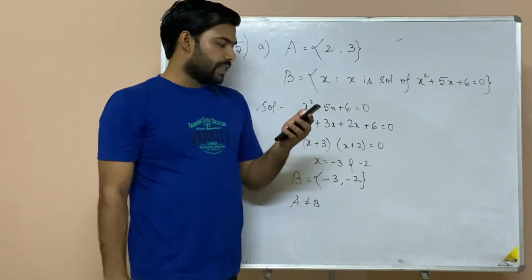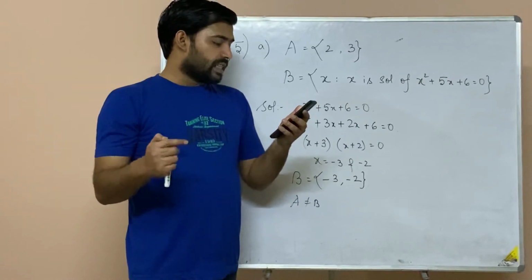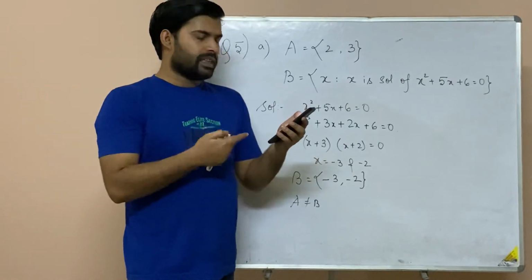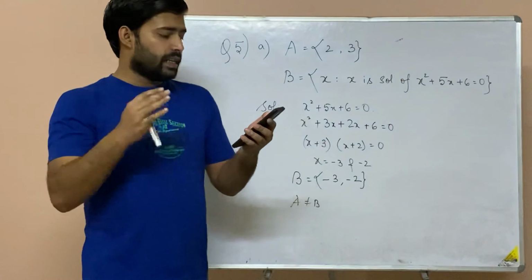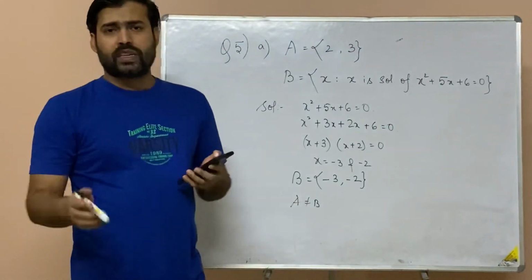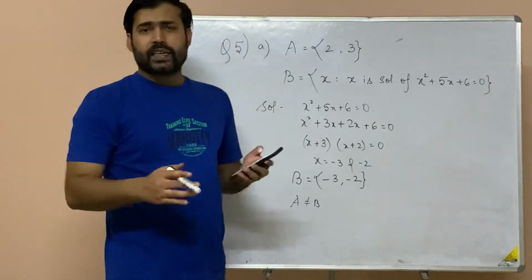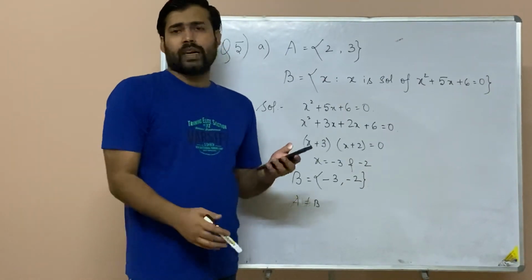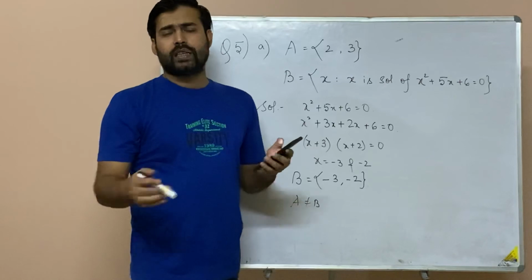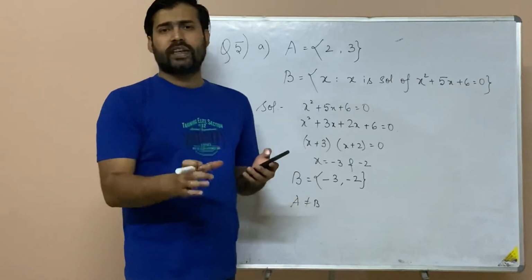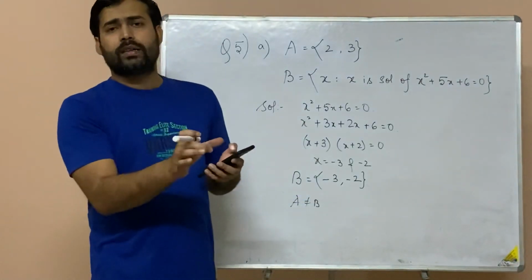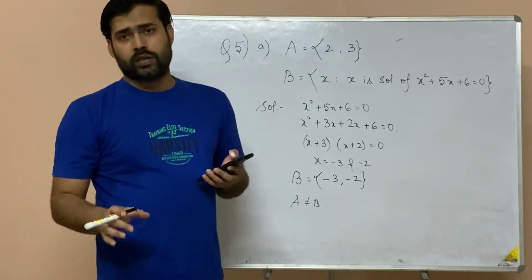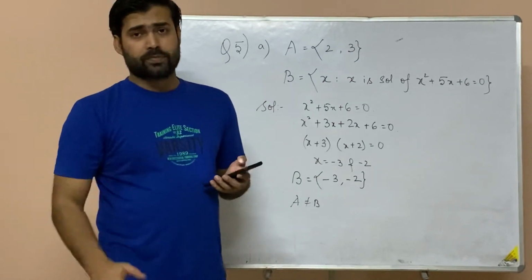Moving on to question number 6, from the sets given below, find out which are equal sets. Here A, B, C, D, E, F, G, H. There are 8 sets given. You will compare each and every set with each and every other set. A might be equal to B, or A might be equal to C, A might be equal to D. So go for A and see whether A's elements are present in any other set or not. And also the number of elements in both the sets must be equal.